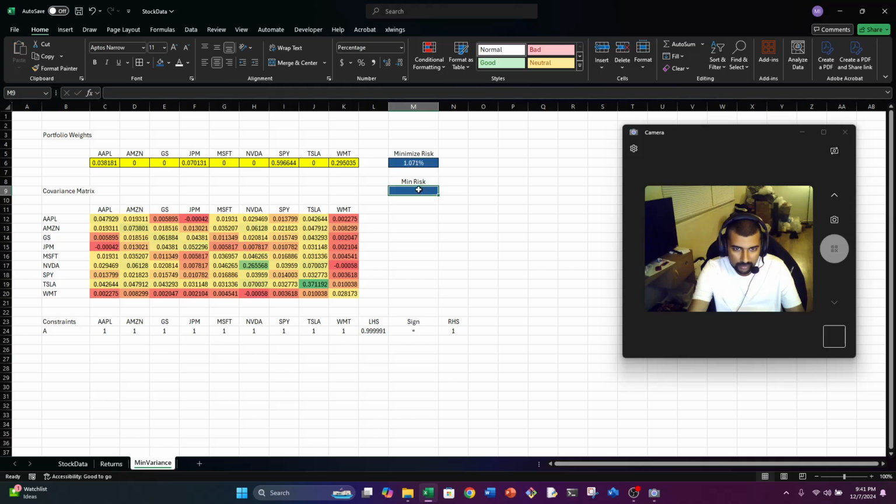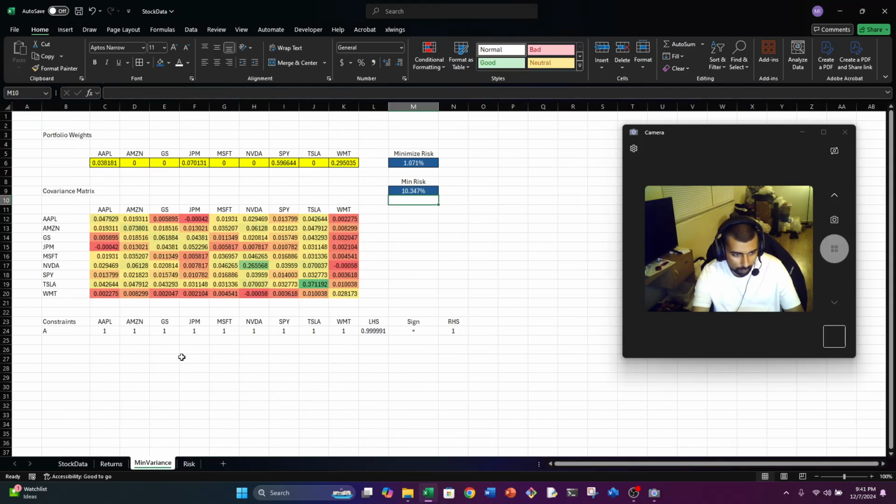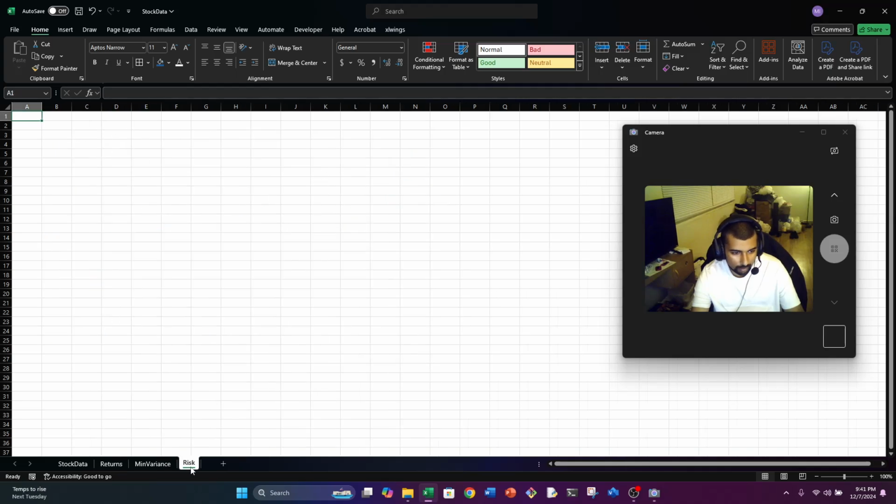So this is going to be the square root to get the volatility. So yeah, 10.34%. That's our minimized risk. Okay, so what I want to do now is come over here and I'll call this risk. So we have the weights now. Let me start off with the portfolio beta,